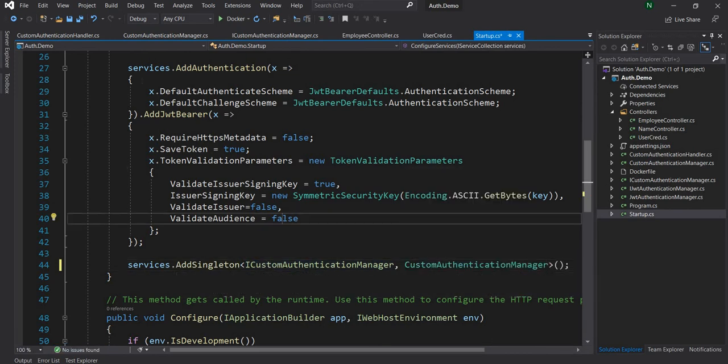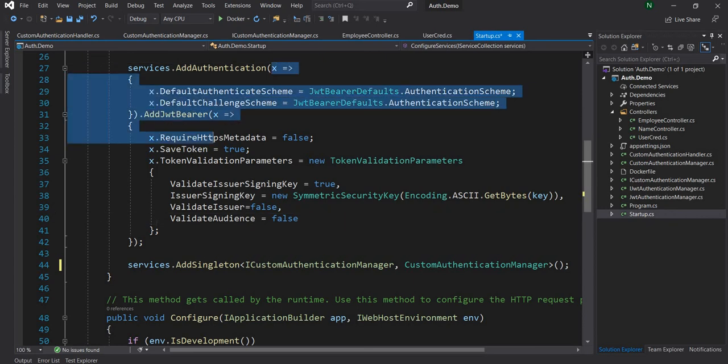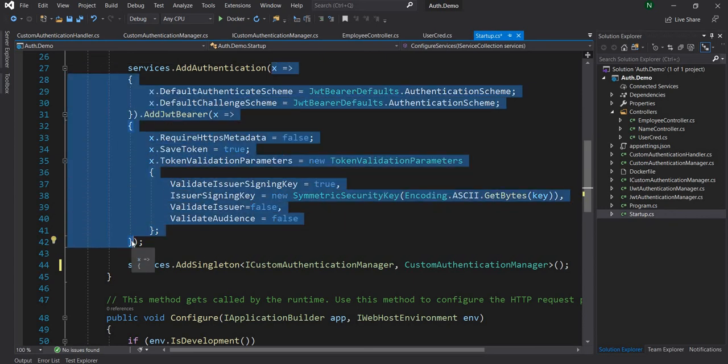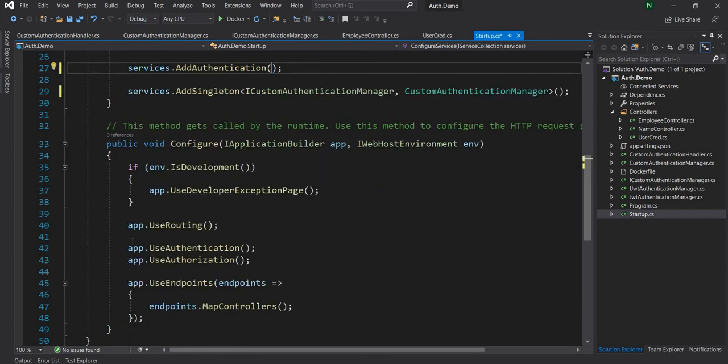Once I do that, then I'm going to also get rid of this code of add authentication, and instead of using this mechanism of adding the JWT token, what I'm going to do is in the add authentication, I'm going to first name it as basic,